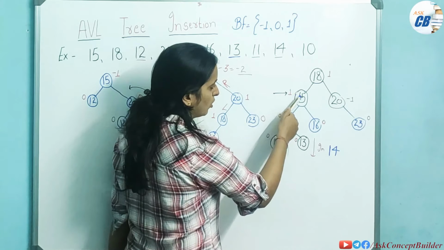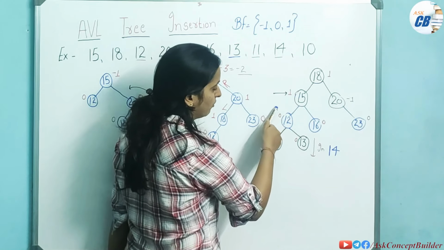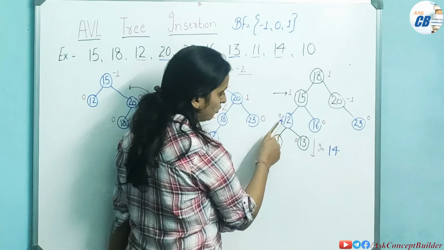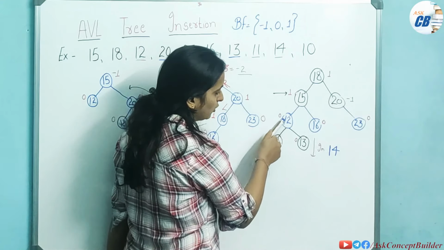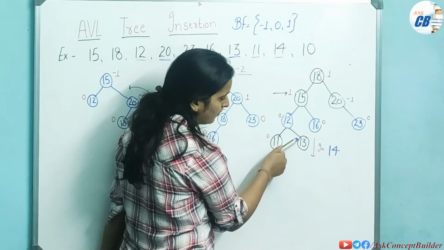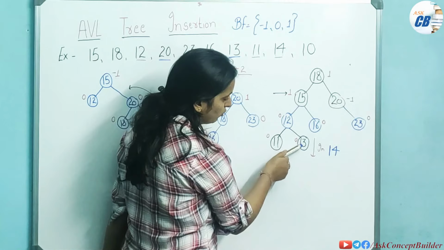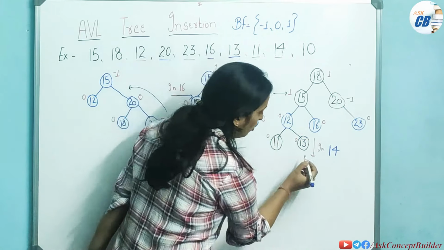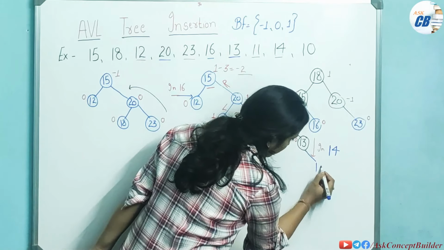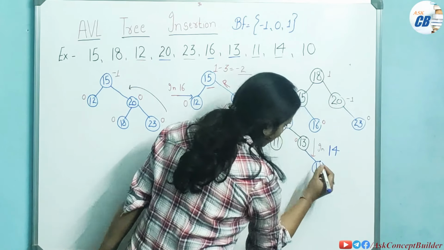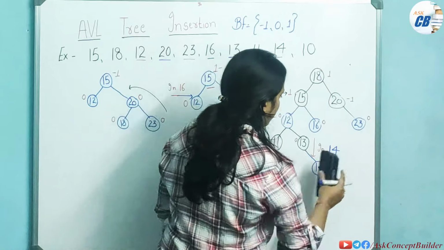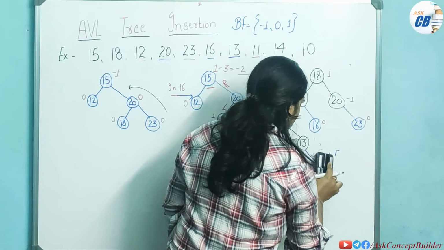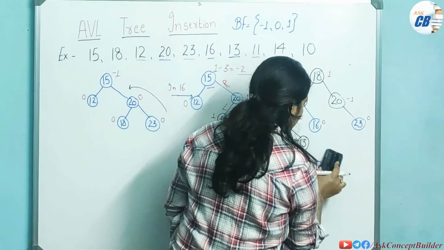Again 14 is smaller than 15, so it will come to the left of 15. Now it will go here. Now 14 is greater than 12, so it will come to the right of 12. Now here 13 is there, so 14 is again greater than 13, so it will come to the right of 13. So your 14 will come here. Now again what we have to do, we have to calculate the balance factor for each and every node